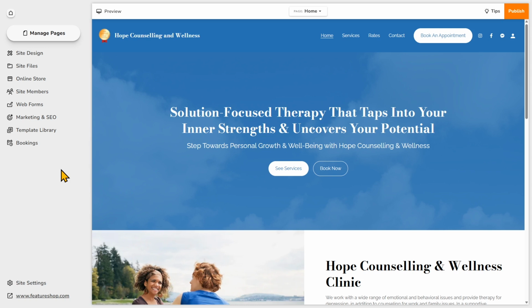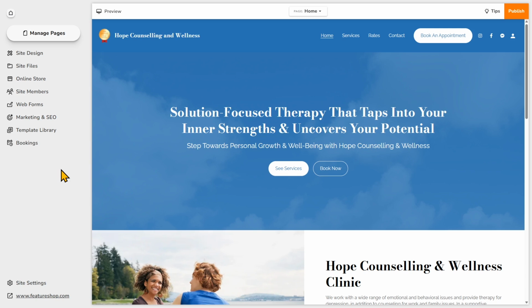So what makes a homepage cohesive? It's about clarity and consistency. Visitors should immediately understand who you are, what you do, and where to go next, all without feeling overwhelmed. We'll use a few key design principles to get there, including hierarchy, balance, white space, and consistency. And don't worry, I'll explain everything as we go along.